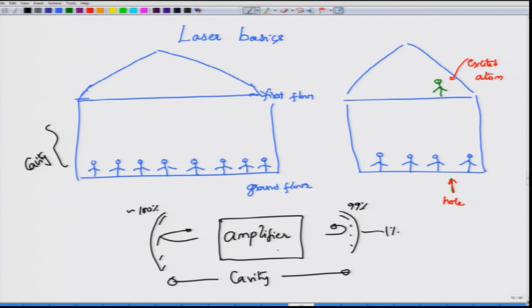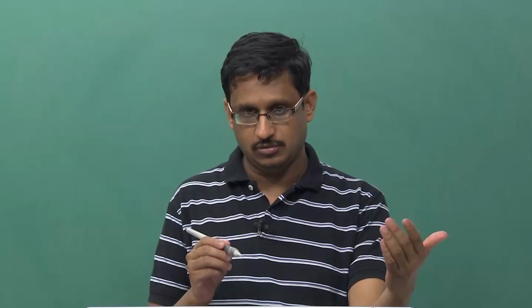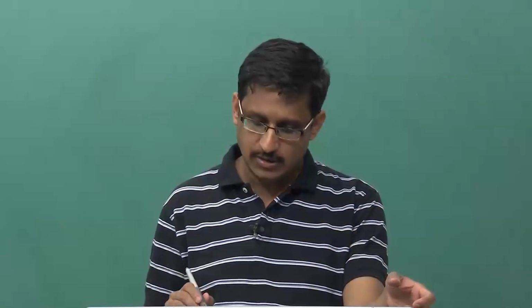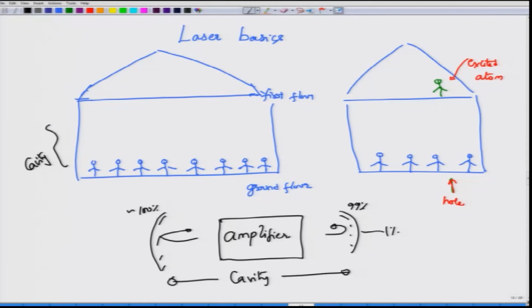The first component is an amplifier, because without an amplifier you cannot have a laser, but having an amplifier is quite different from having a laser. So, to go with the amplifier, you also need to enclose this amplifier in an enclosure, and that enclosure is made by having these mirrors, so that light cannot escape, but is instead forced to go into the amplifier by these cavity mirrors. And the third and most important component of a laser is what is called a pump source, or what we call a pump. What is a pump and what is the amplifier made out of? We are going to start looking at that.